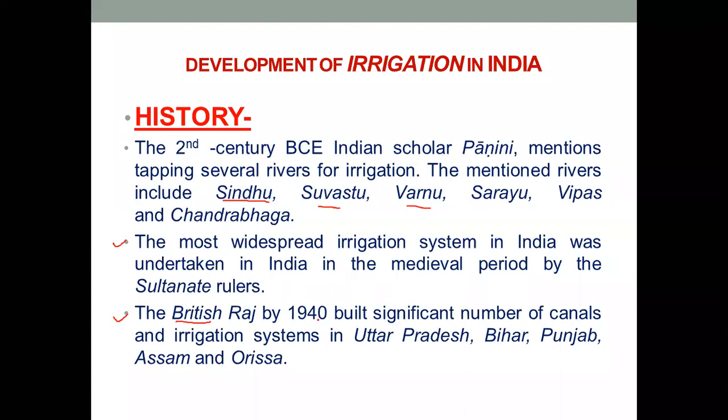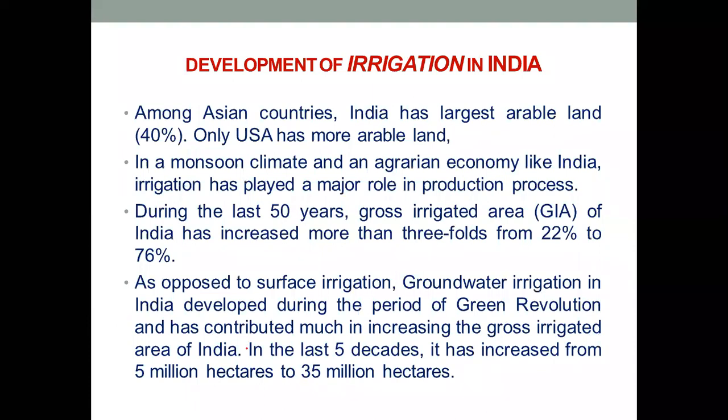Okay, because by 1940 the Britishers had built a significant number of canals and irrigation systems in Uttar Pradesh, Bihar, Punjab, Assam, and Orissa. Okay, but instead of building, we can say that the Britishers just updated the canals which were already in use in those places for many thousands of years. Okay, but the most important development of irrigation in India took place after the independence. Okay, now after the independence,